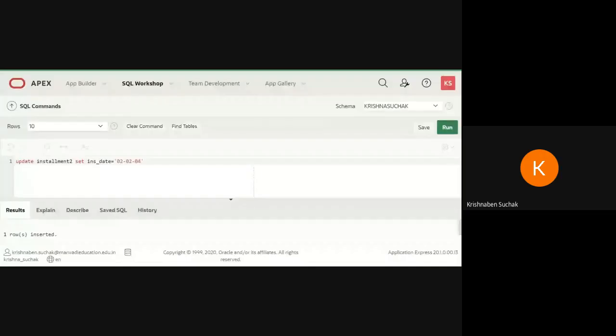I want to change the date to 3rd March, so I will write here 3 where installment date is 02/02/04. Right now in my table installment date is 02/02/04 and I want to change it to 3rd March, that is 03/03/04. Then I will go to run.